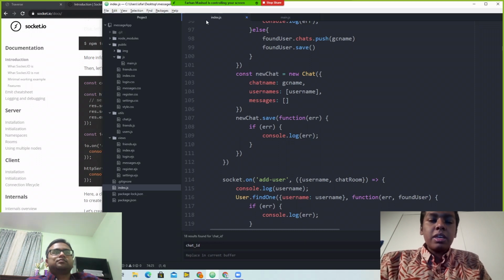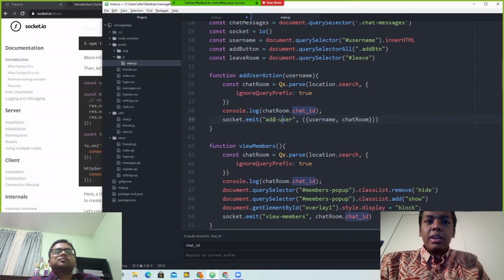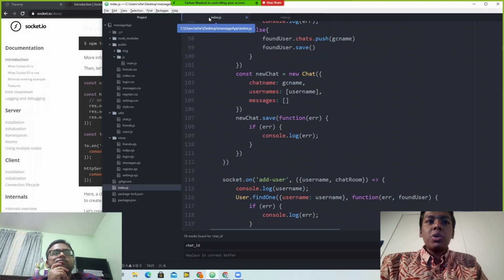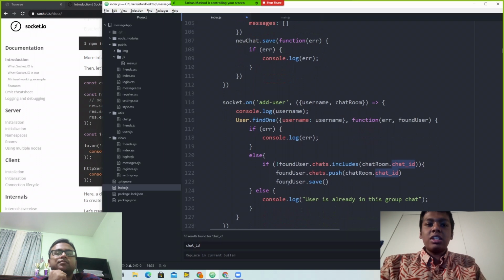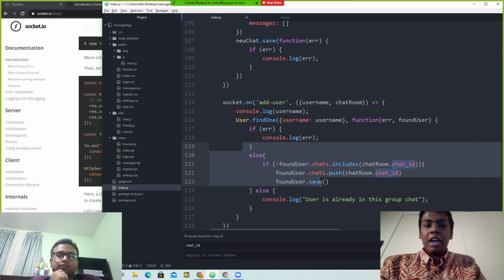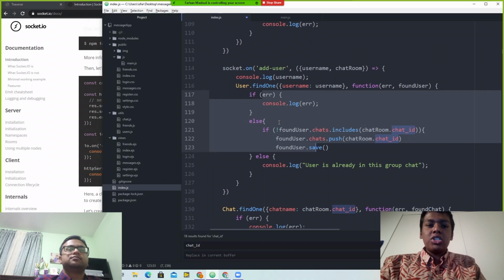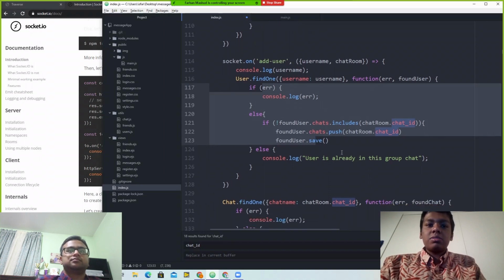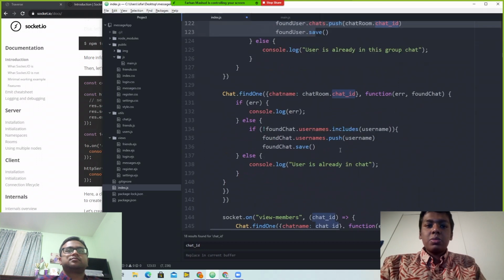So over here, we create an add user from the client side, and in the server, we catch that add user command. And once the server catches it, it does all of this stuff on the back end. So the user does not see any of this happening. This happens secretly on the server. It's searching for the user. It's fetching the user, and once that happens,